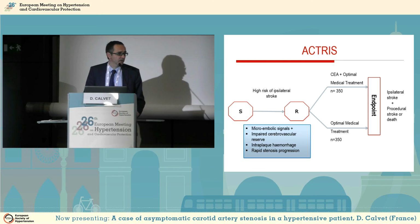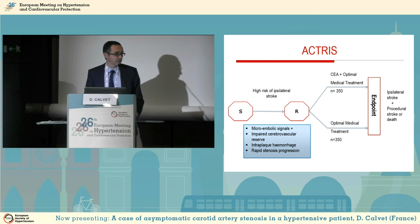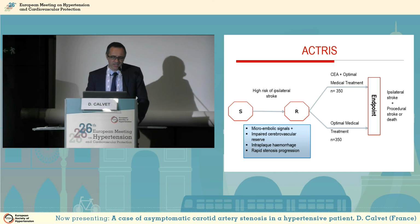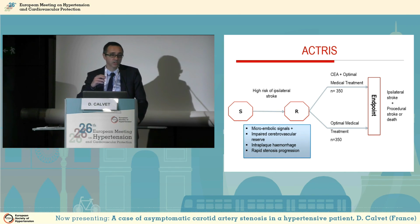So for that patient, we are going to assess all the potential predictive factors. If we identify at least one, I will be really happy to enroll the patient in that trial. Then regarding the second question, of course, we are currently performing MRI, and for the identification of intraplaque hemorrhage, sometimes it's needed to have a high-resolution MRI that requires high expertise. But now it's probably possible to identify intraplaque hemorrhage at the same time as the contrast-induced magnetic resonance angiography,